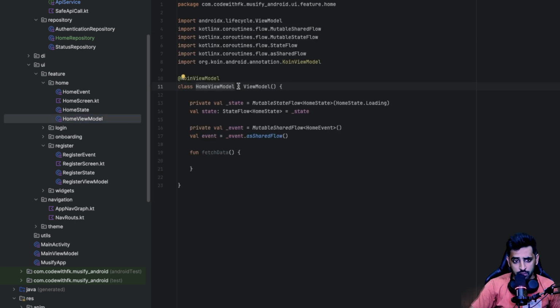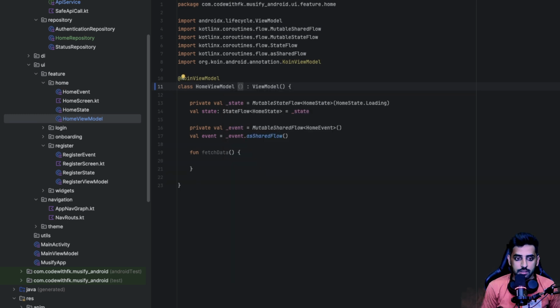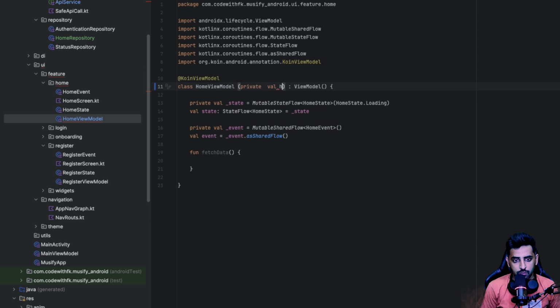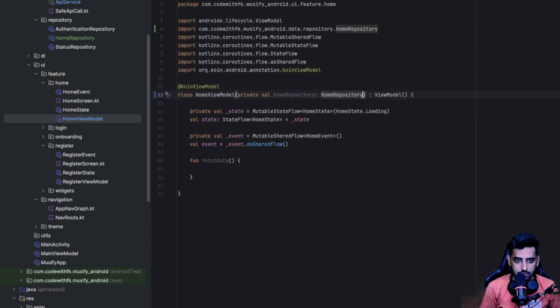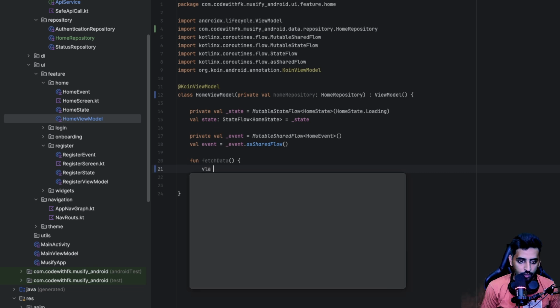Then in the HomeViewModel you can see that we have some basic stuff ready over here. And now inside that I'm gonna set up this repository that we created over here. So I'm gonna say private val homeRepository as HomeRepository. So now the repository is there, and now inside this functionality we can fetch the data. So I'll say